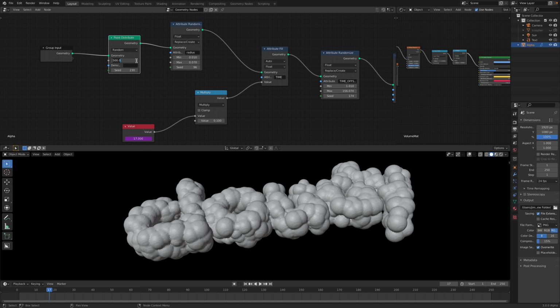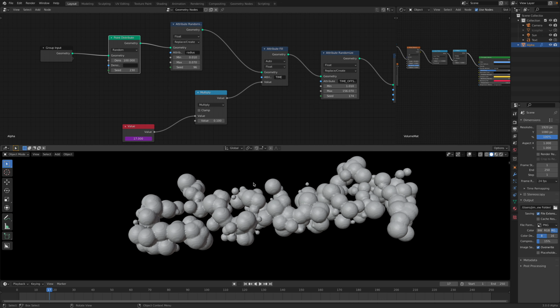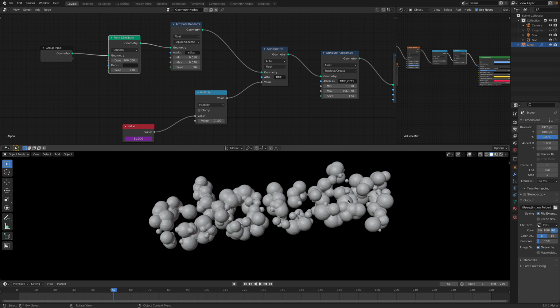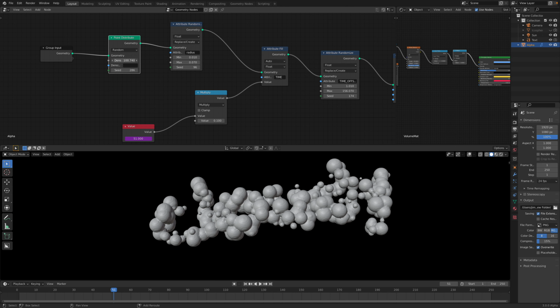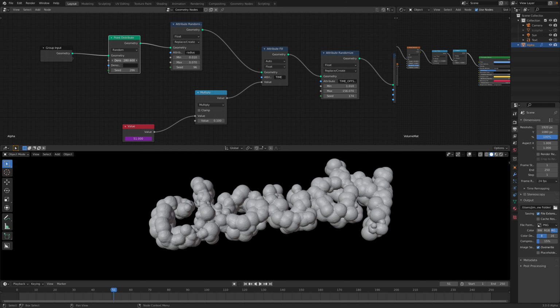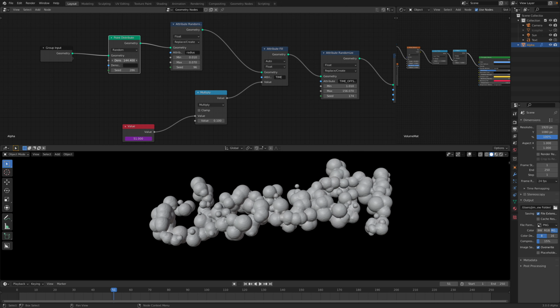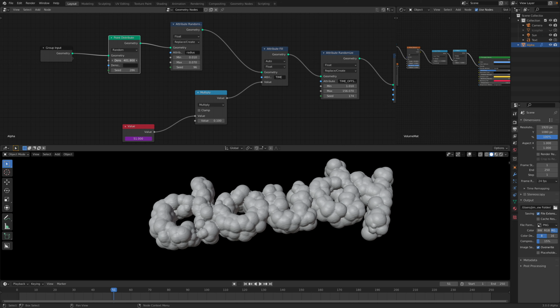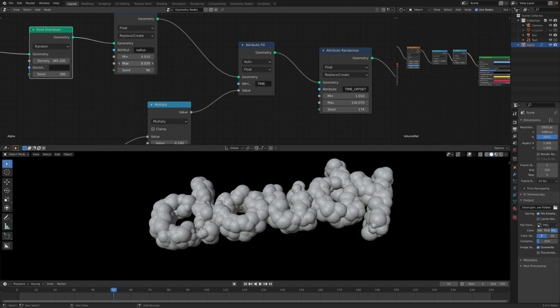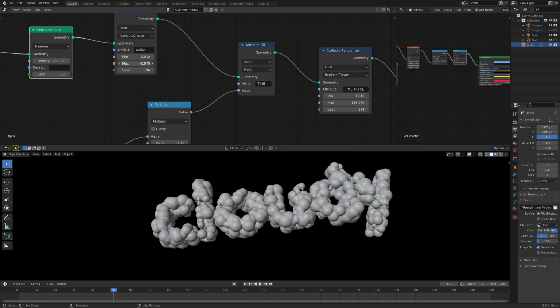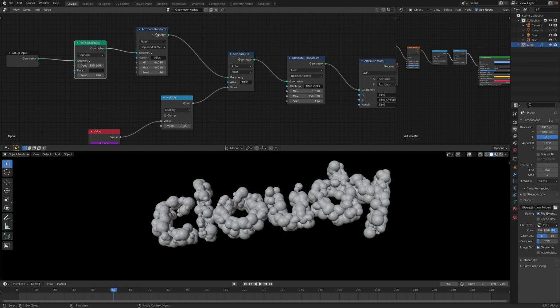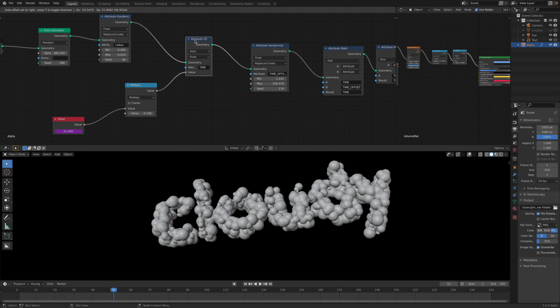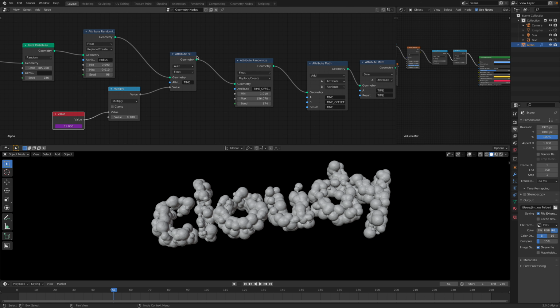So I'm using point distribution on top of a text object that's already converted into mesh. Okay, so we need to convert it into mesh so geometry nodes can understand it. So we are scattering points on top of the surface of the mesh, and then here we can control the radius of our points, and then here I bring in time actually. So I'm using attribute fill,